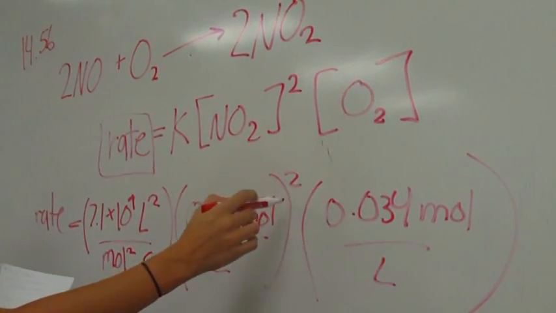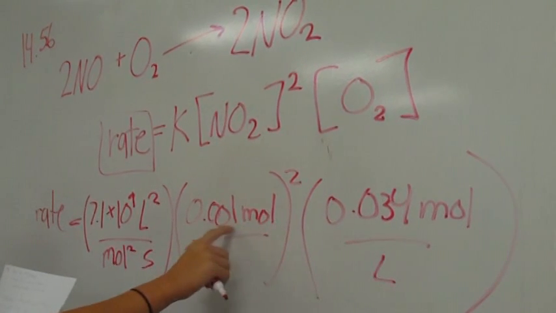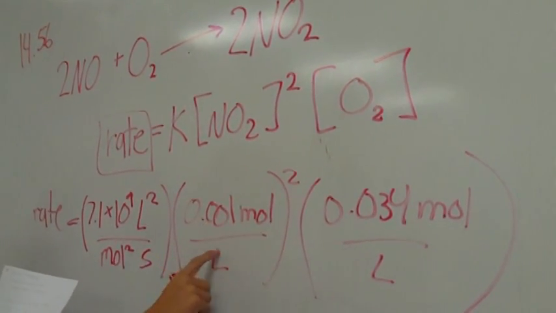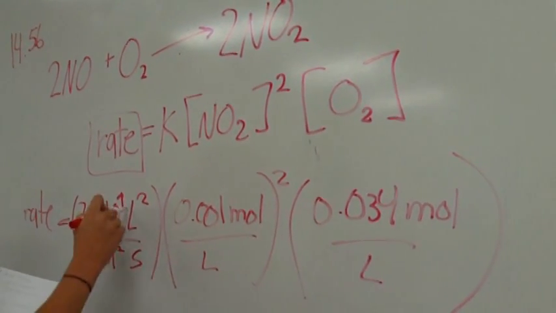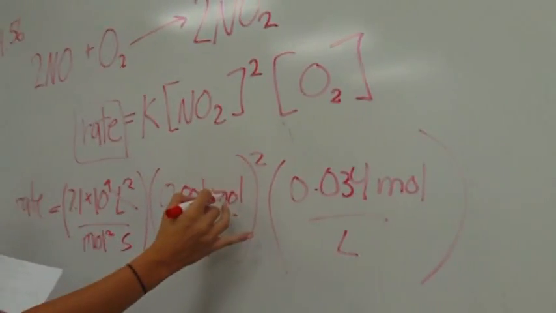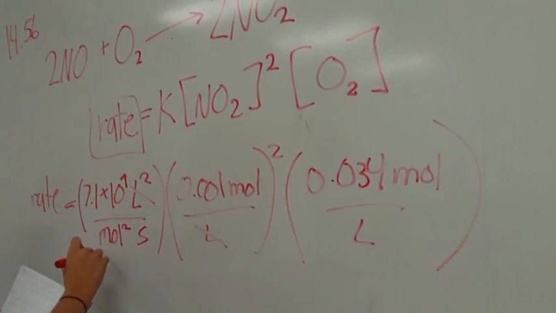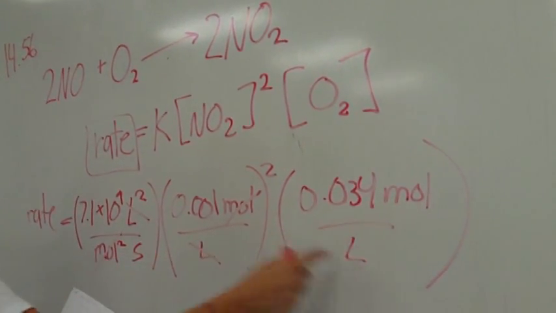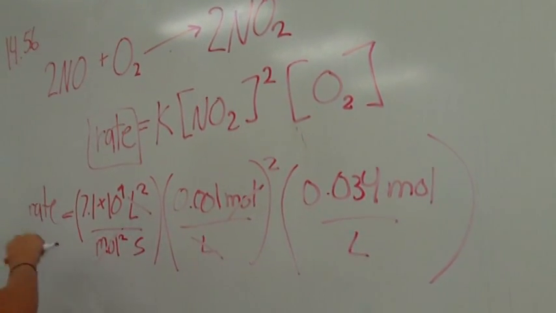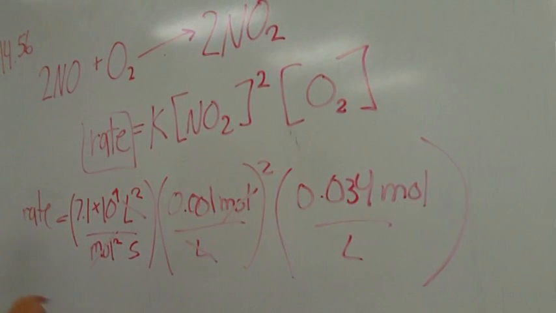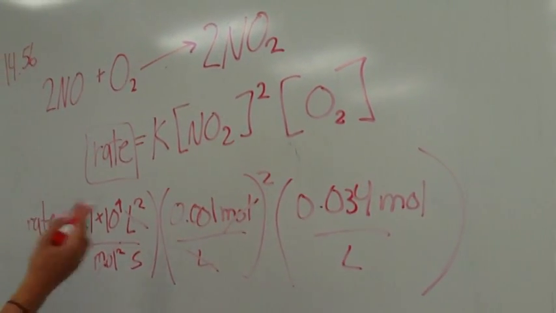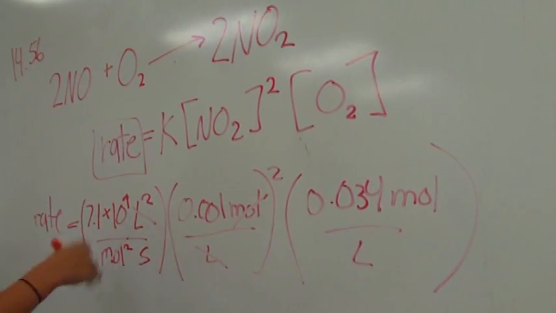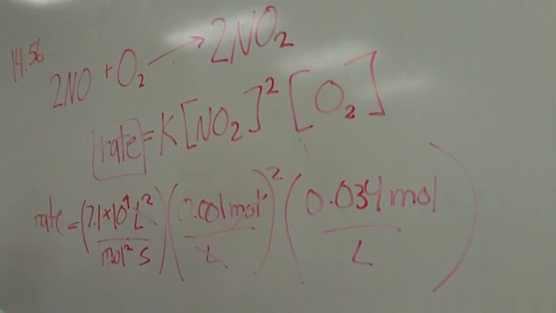So when you look at it, here we have this square is going to come through and also affect the units. So really you have liters squared here. You bring that in, so that's going to cancel out. And here you have mole squared, so that's going to cancel with this mole squared. So then in the end, we're going to be left with moles per liters per second, which is what we want our rate to be in. So that's how we know that we're on the right track here, is when we know that our units are all canceling out